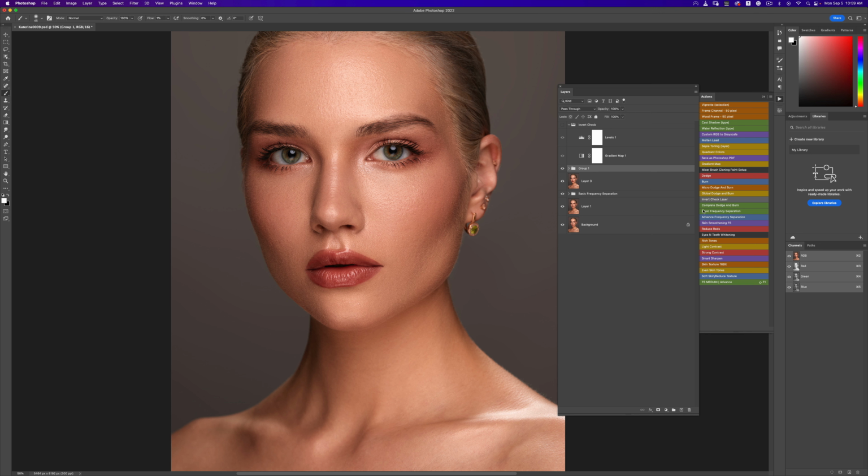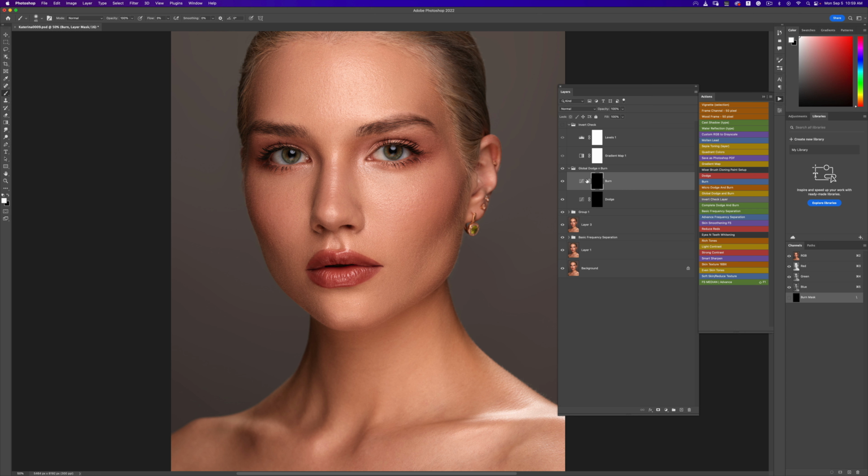What I'm going to do right now is just run my global dodge and burn action, and what that's going to do is come up with our global dodge and burn layers. So we have our dodge, which is lightening, and we have our burn, which is darkening certain parts of our image. So what we're going to do next is pick a brush, make sure that our flow is about 3 or 4, make sure it's a soft brush and the foreground color is white, because of the way the layers and layer